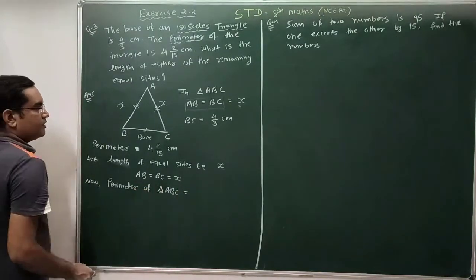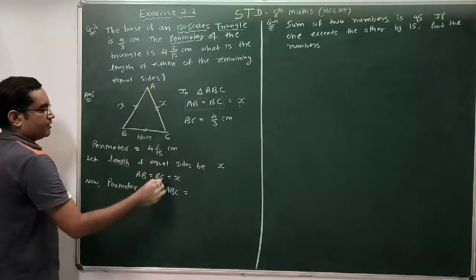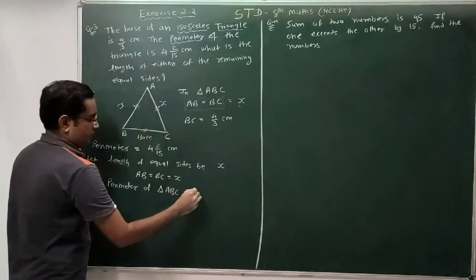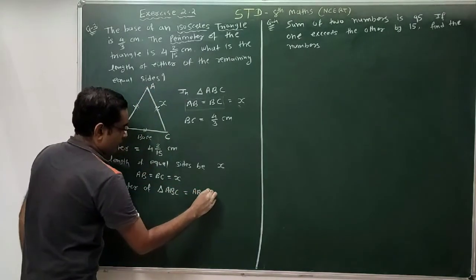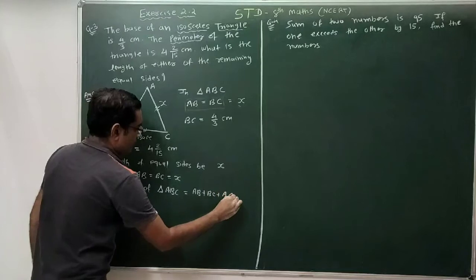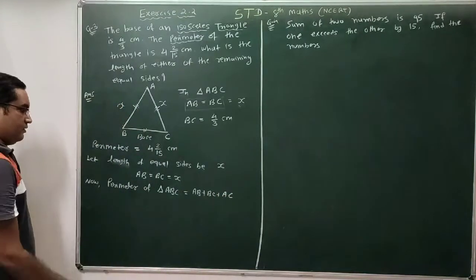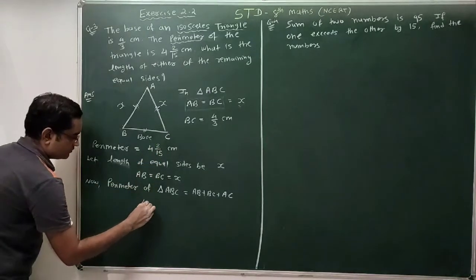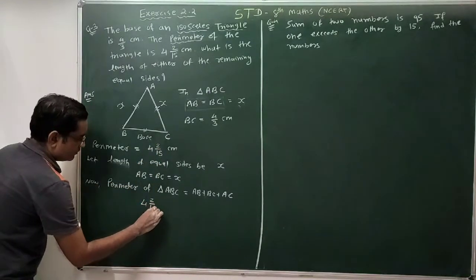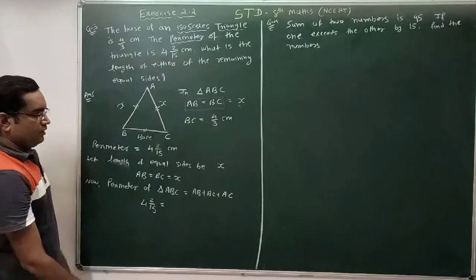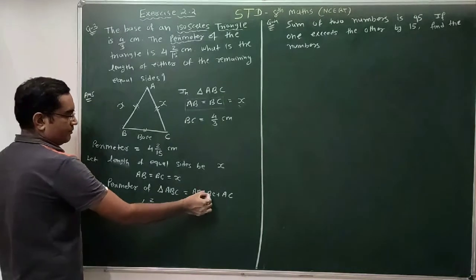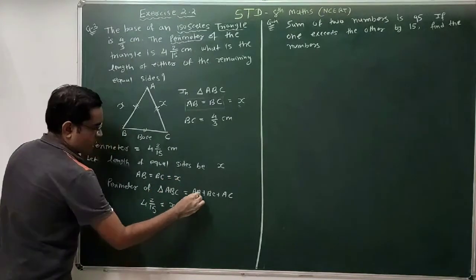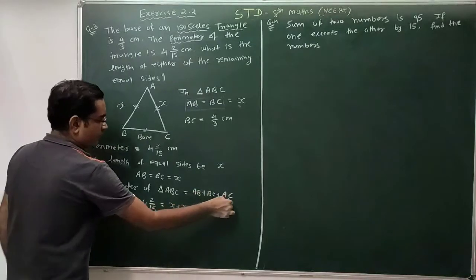So perimeter of triangle ABC is nothing but the sum of length of all three sides. Three sides are side AB, side BC, and side AC. So it's AB plus BC plus AC. That is the perimeter of triangle. The value of the perimeter of triangle is given, which is 4 integer 2 by 15 equal to, put the value of this AB and BC, both are equal to x. So AB equal to x, BC equal to x, and what is this AC?